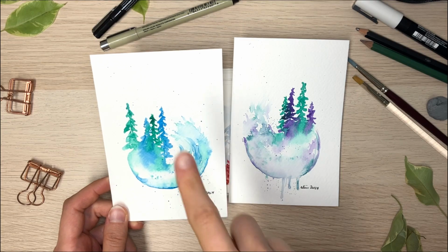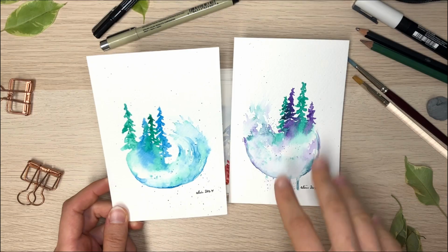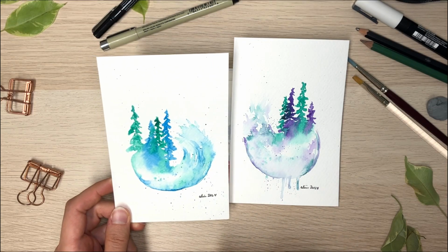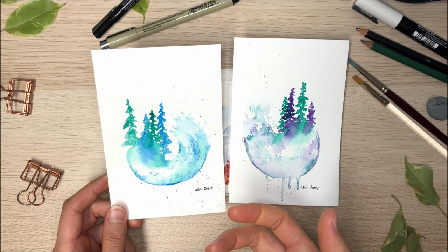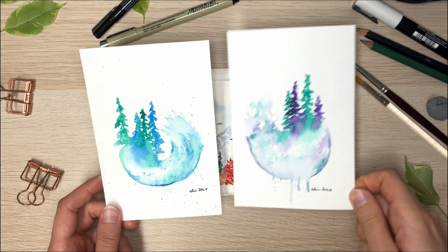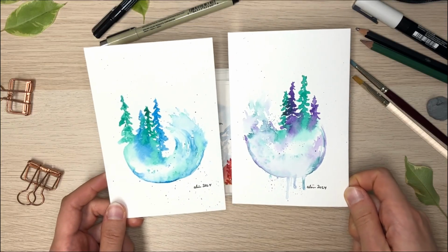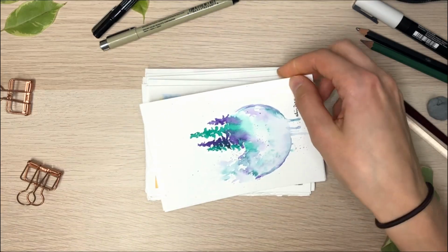I think this one, the water I envisioned is how it turned out, and this one was a bit rougher. Yeah, so again, it just goes to show that even though I can paint a better watercolor landscape, in my opinion, I can go and paint something that's not quite as good right after. That's just how it goes. But yeah, I really like how these went, and this actually inspired me to paint my next one, which is